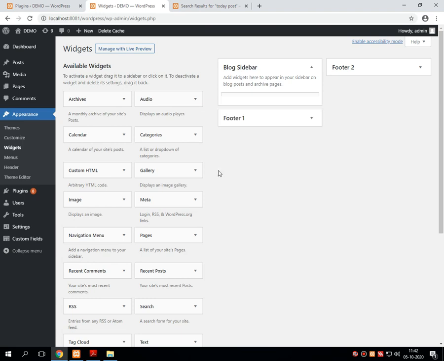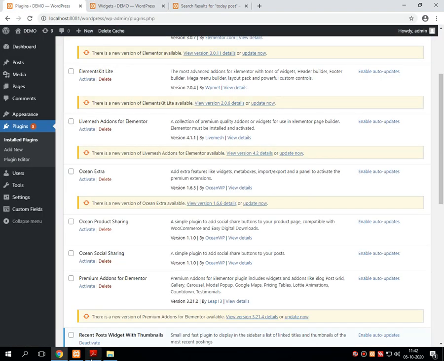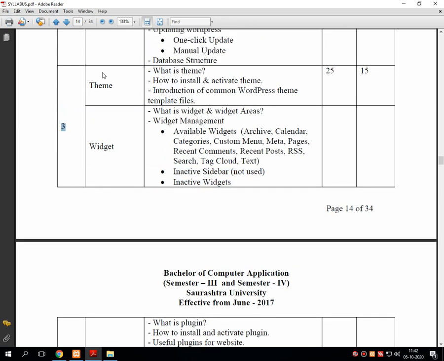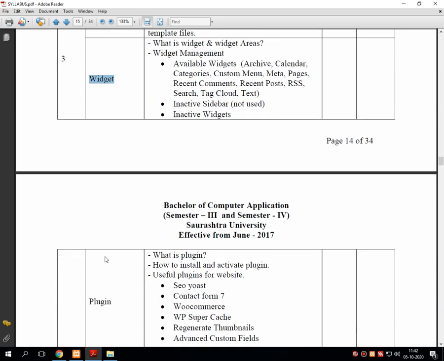Let me check for this entire scenario. Anyways, so all these are listed into the inactive widgets, but these two topics are not that important from the university point of view, so we are not taking them seriously. But just keep it in your mind that inactive sidebars will display inactive widgets onto the screen, and once the inactive widgets have been enabled by the user, they cannot be used for further process in any of the pages of WordPress, right? So over here our unit number 3 with theme, widgets and plugin gets completed, which is of